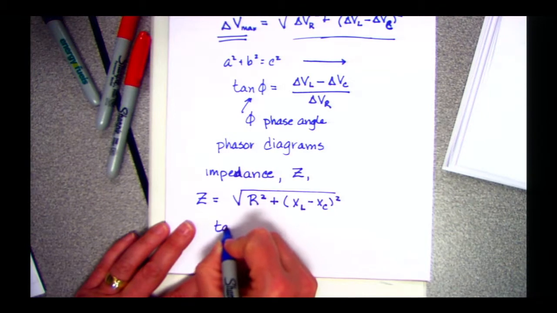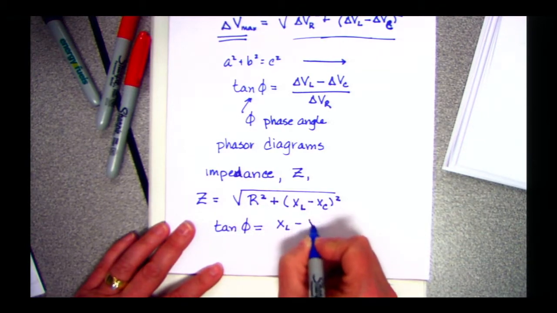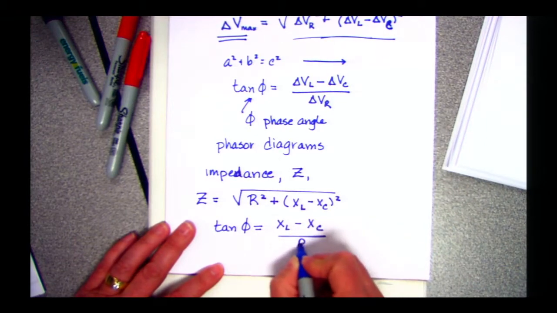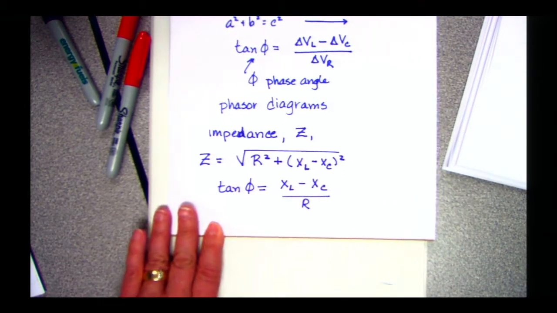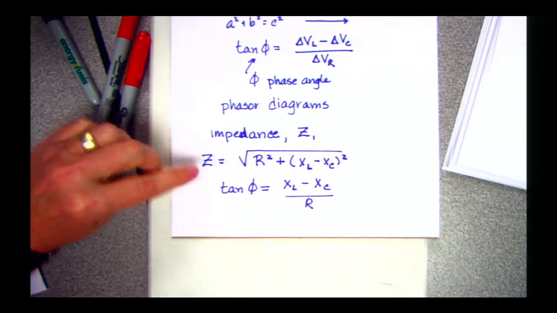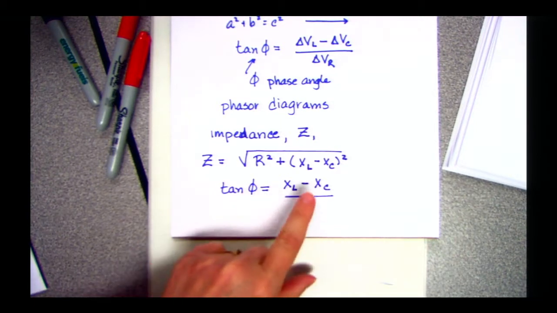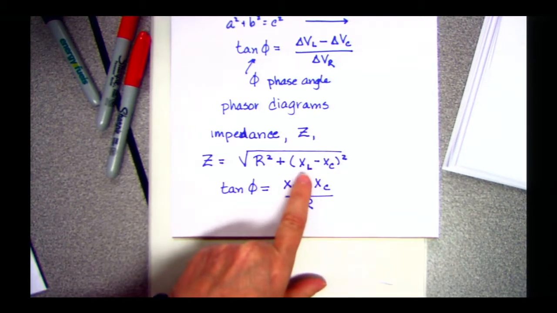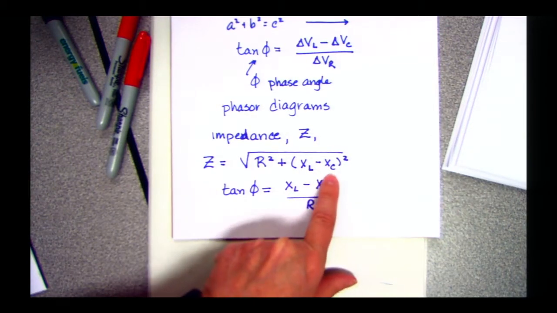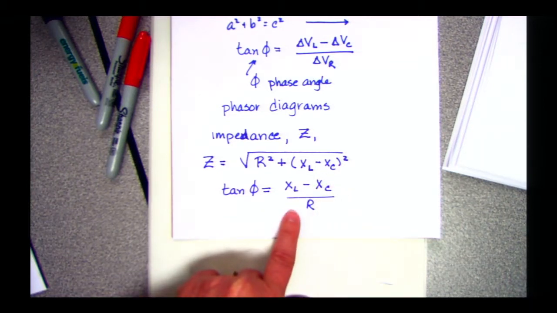And my phase angle in this case is going to be my XL minus my XC divided by R. So we're going to give that circuit a behavior based on what my equivalent resistance is, and the reactance associated with my inductors and the reactance associated with my capacitors, so that I can look at my phase